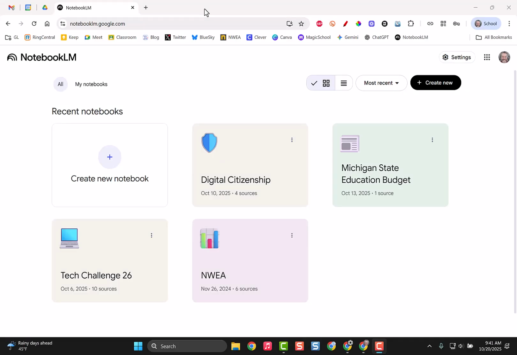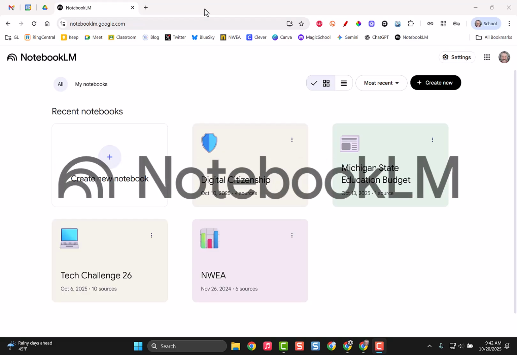I'm going to show you one of Google's really cool AI tools. This is called NotebookLM, and it is absolutely awesome. So those using